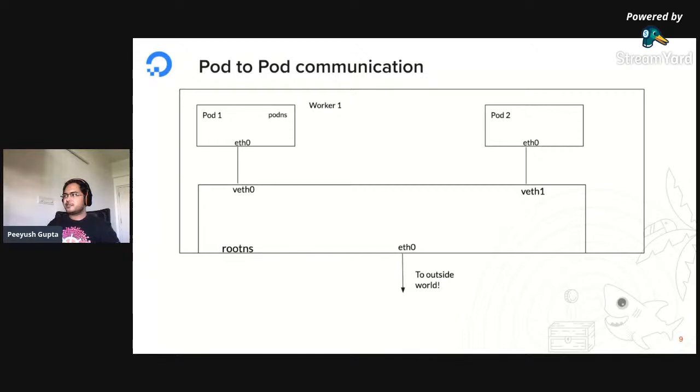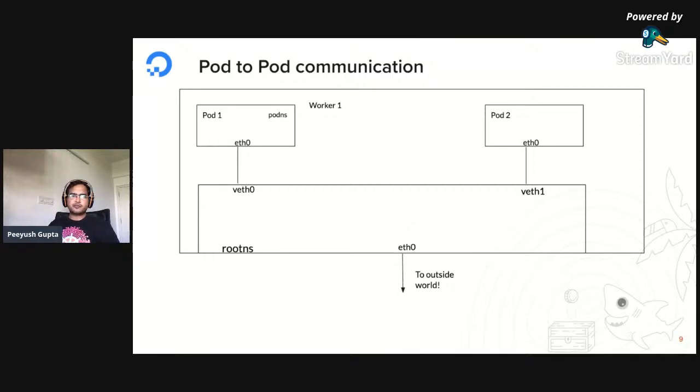So if you see in the diagram, there is one data packet coming from pod one. For pod one, this is the only way out for a network packet. But it actually gets grabbed here, and when it's caught here, it depends on how you want to route it.